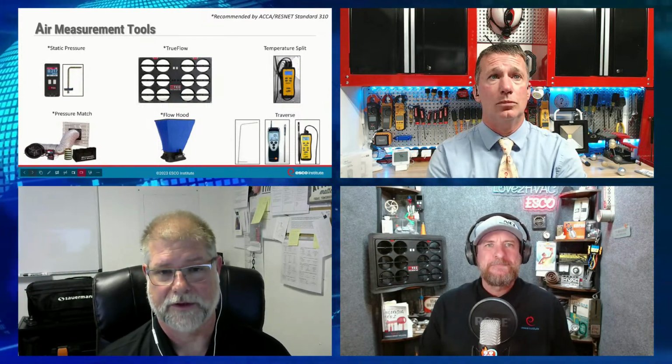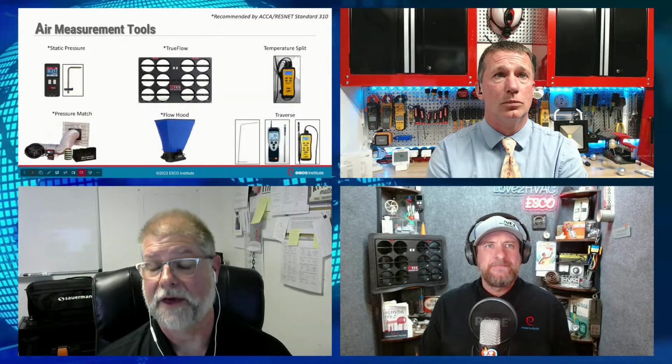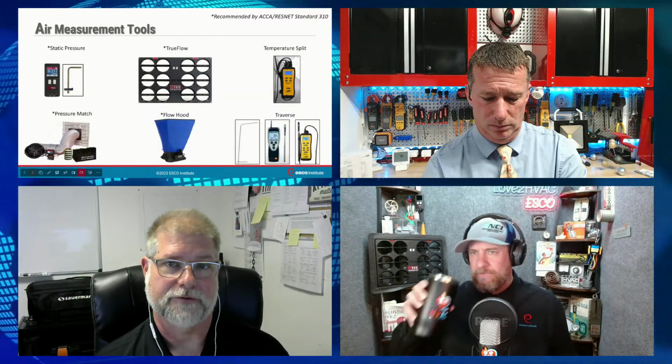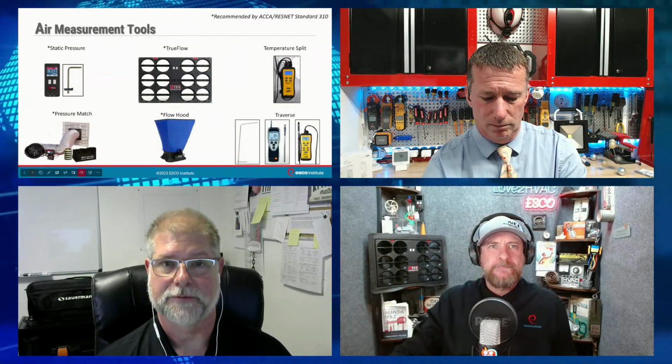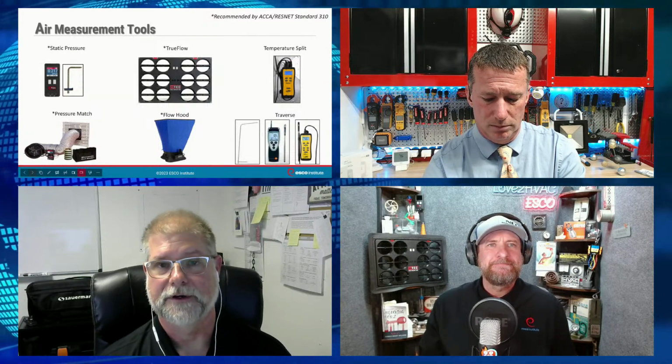A lot of this ties down. One of the most common issues that I see is testing in the wrong locations. And one of the things that we teach at NCI is what's called the path to performance. PATH is actually an acronym that stands for the foundational measurements that we take. The P stands for pressure, which you could put static pressure or refrigerant pressures in there. The A stands for airflow, the T for temperature, and the H is for heat or BTUs, which is the product once you have airflow and